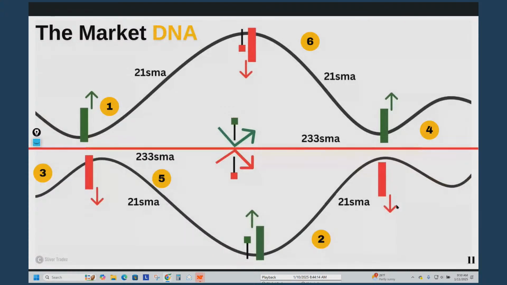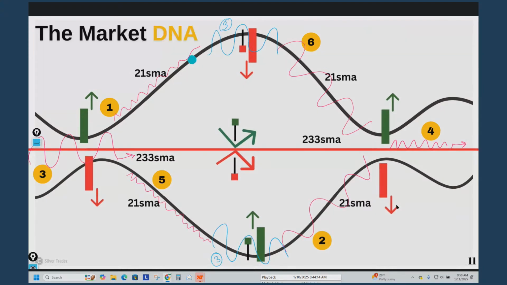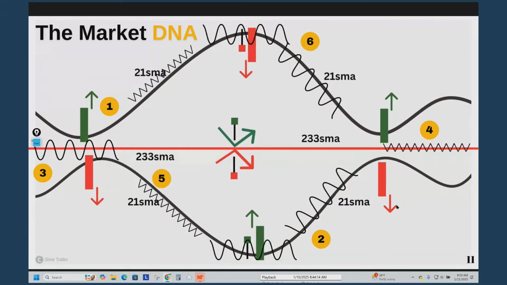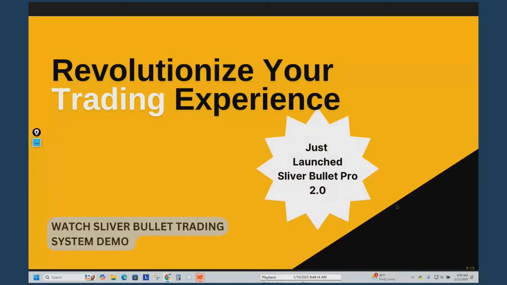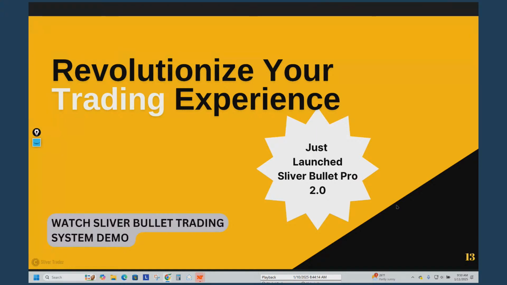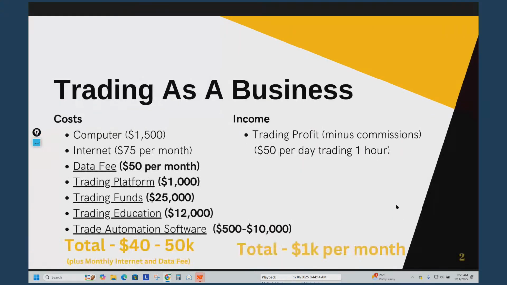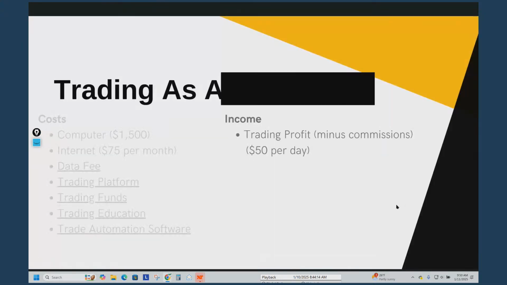And this is our signature diagram for the system. It's basically the market DNA. We help traders understand the market movement, market DNA, and how it works. So you can watch the previous webinar and understand how it works. So at this time, I provide the demo of the software, which I already did, but I'm going to go back to that demo, and